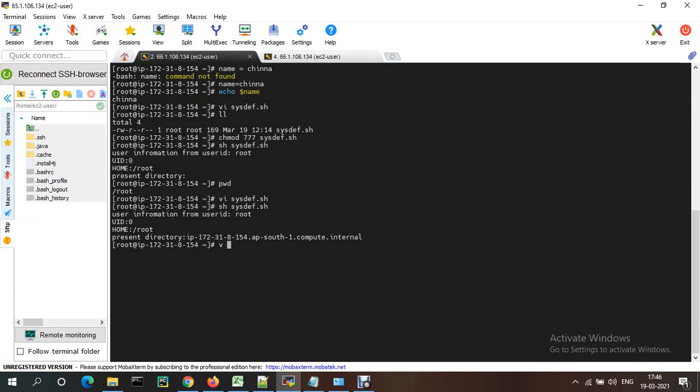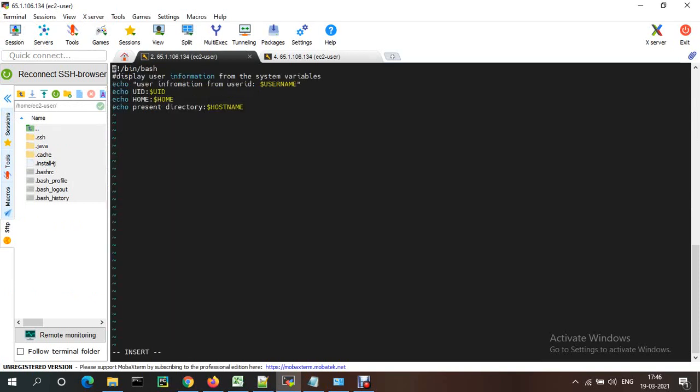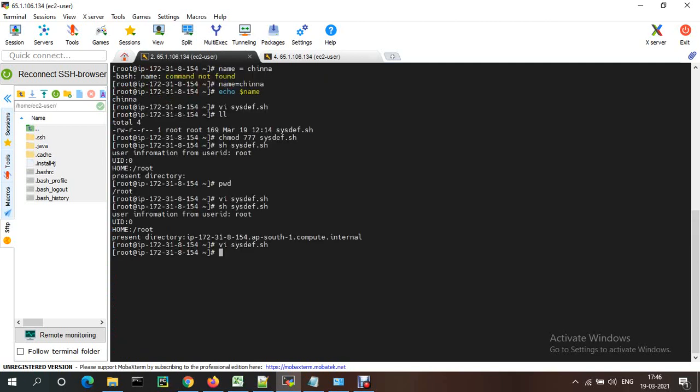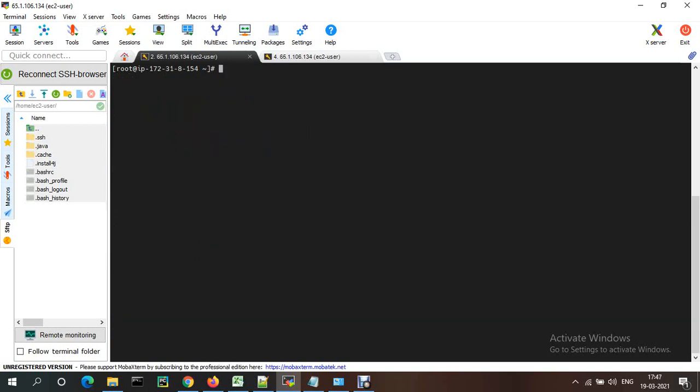So vi. Mostly system defined variables we can access with capital letters. See, hostname, it will be displayed. Okay, these are the system defined variables. Okay, now